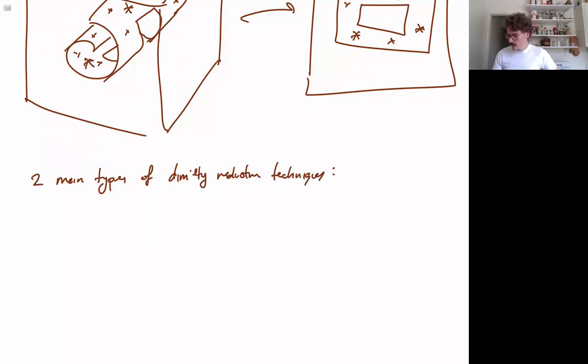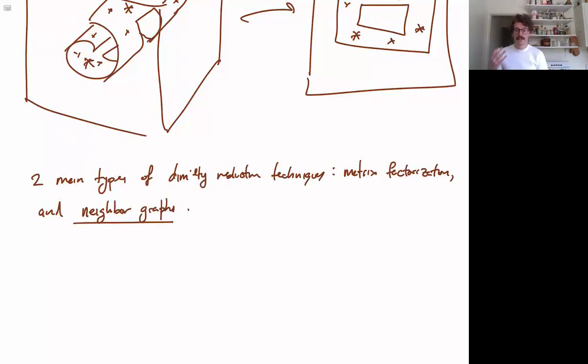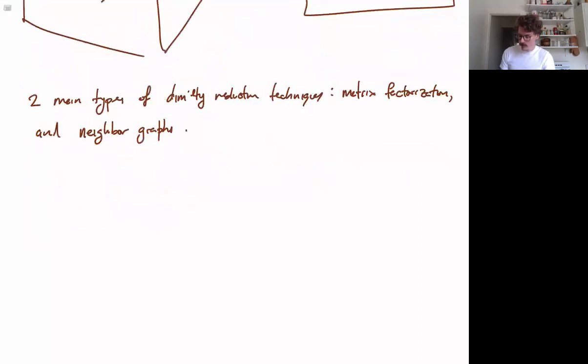And they are matrix factorization and neighbor graphs. And neighbor graphs is the type that I want to talk about. So the basic idea of the neighbor graphs style is